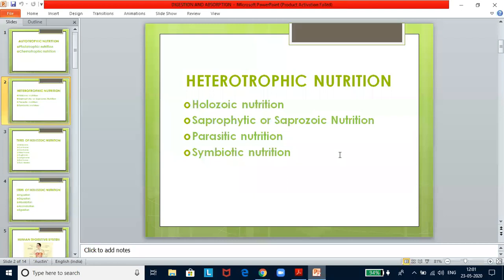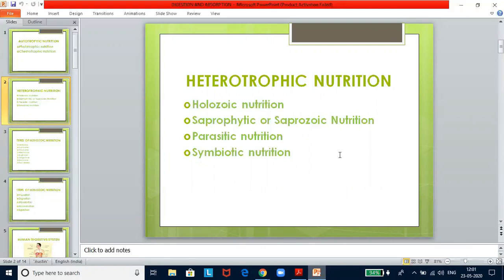Now, parasitic nutrition. Parasites thrive on liquid food material obtained from the body of the host, and their mode of nutrition is designated as parasitic nutrition. The host may or may not suffer by this relationship. And you have two kinds of parasites. One kind lives outside the body of the host, drawing nutrition and getting shelter, as in louse on your hair, and they are called exoparasites. Then you have the endoparasites, which are found inside the body of the host and draw nutrition, like Plasmodium,